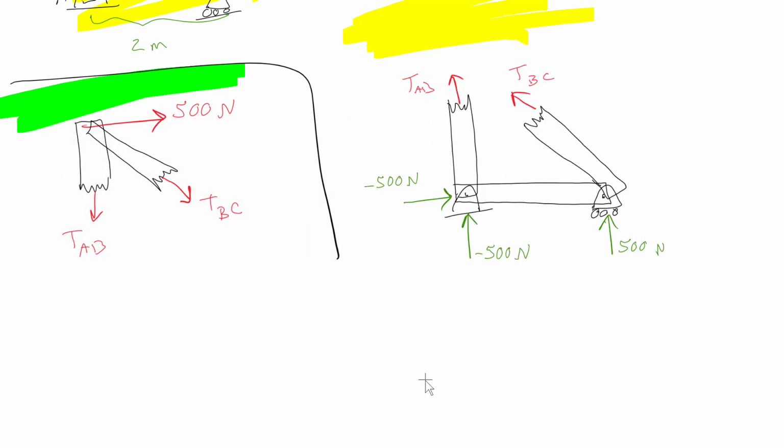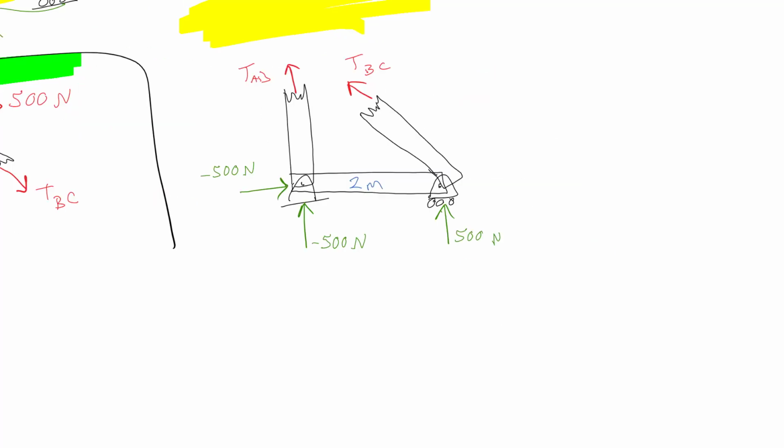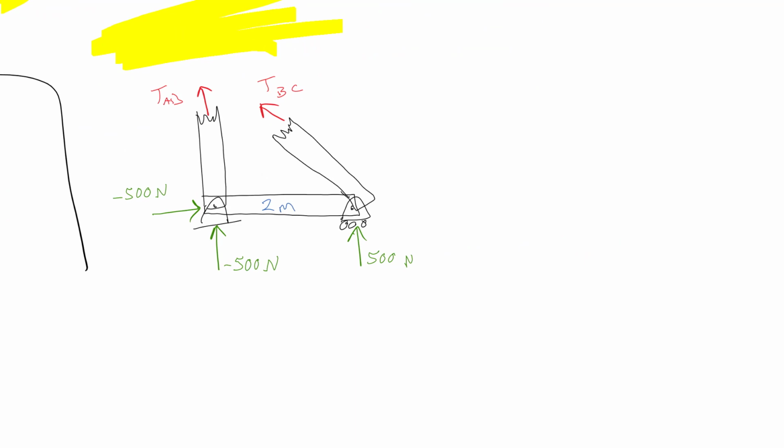Now, what I could do is go ahead and solve this problem as I've got it here, and you're like, well, I don't know what these distances are. I don't really need to know those distances because this is collinear with that point. And I do know that this distance here is 2 meters. So what that means is